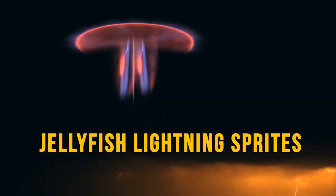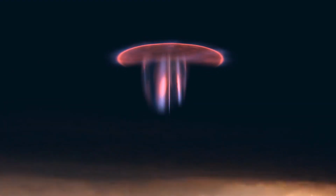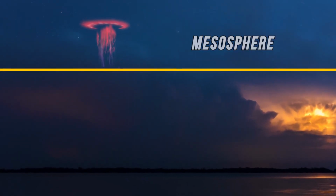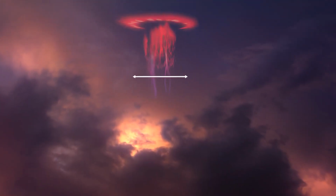Jellyfish lightning sprites are electrical discharges high in Earth's atmosphere. They're associated with powerful thunderstorms, but they're not the same clouds that give us rain. These sprites occur at 30 to 50 miles above the ground, in the mesosphere. Artificial lights at night make it a lot more difficult to see this faint lightning, but it can be well